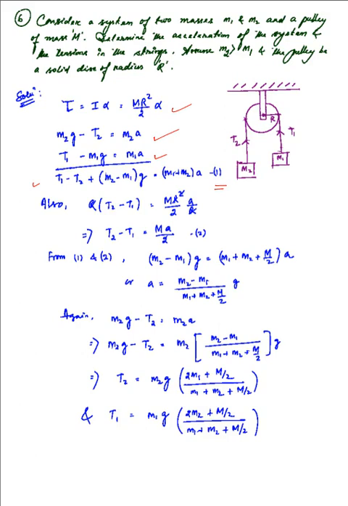And as far as the torque equation right at the top was concerned, we have alpha to be equal to a over r, that is the radius of the pulley, and the r terms cancel out and we are left with this, that is t2 minus t1 is equal to, well, t2 minus t1 is obviously the difference in the tension, and that is providing the necessary torque to the system. Remember, torque is